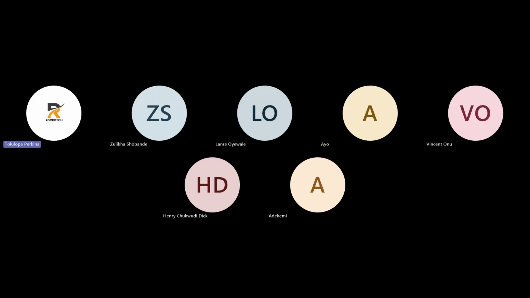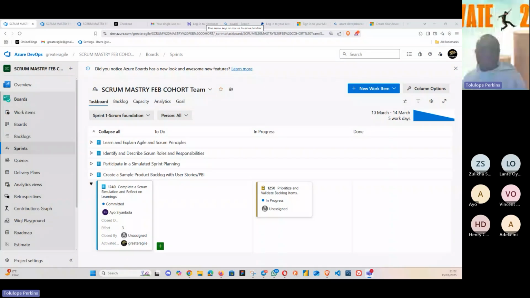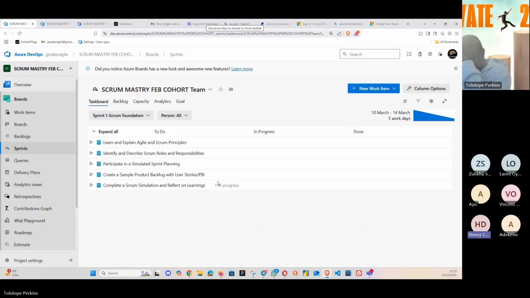We are having our first sprint review. So if I can start by asking, what is a sprint review from what we have learned? What is a sprint review? This is Henry. Yeah, a sprint review is that meeting